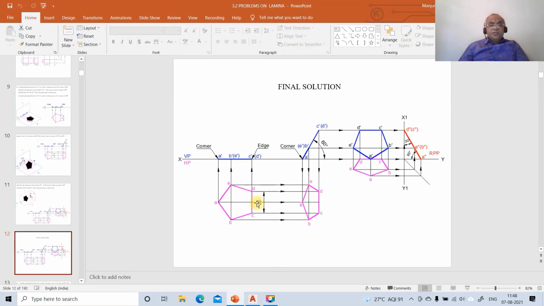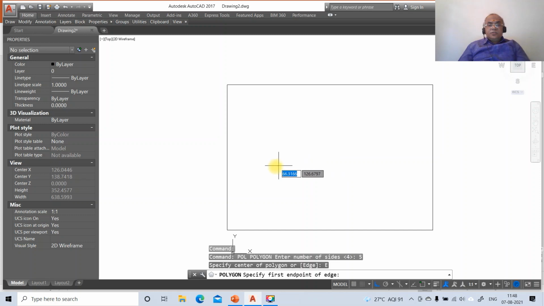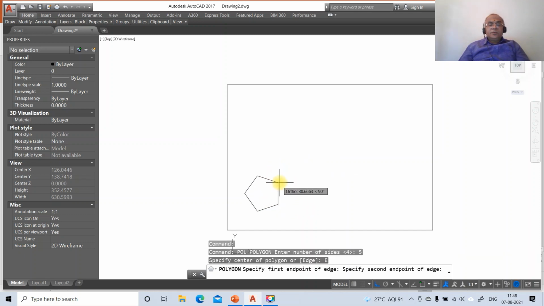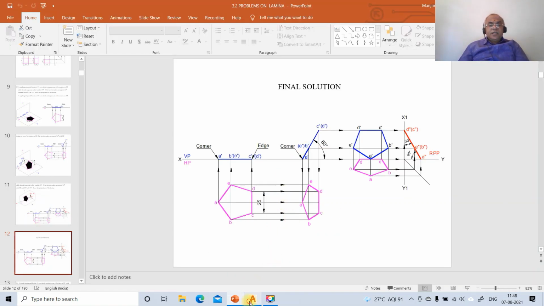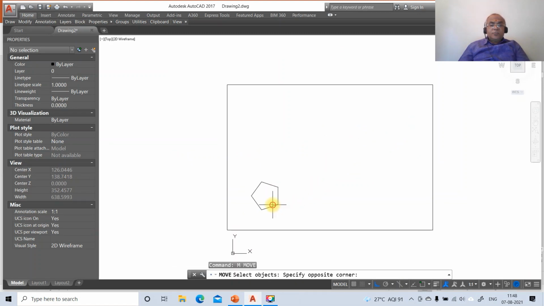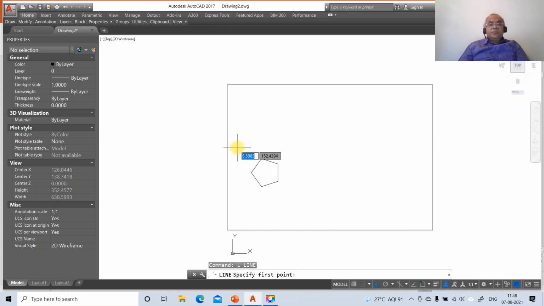Now we will go to this screen. You start from the top view, so the pentagon should be drawn like this. To do that, go to polygon, the number of sides is 5, take the edge option, click on this point and drag the mouse towards the top side and take the distance as 25. So you just give the 25 mm side. Since it is a polygon, it is a single entity. As you select one line, the entire figure will be selected. Then you just drag the mouse and place it here.